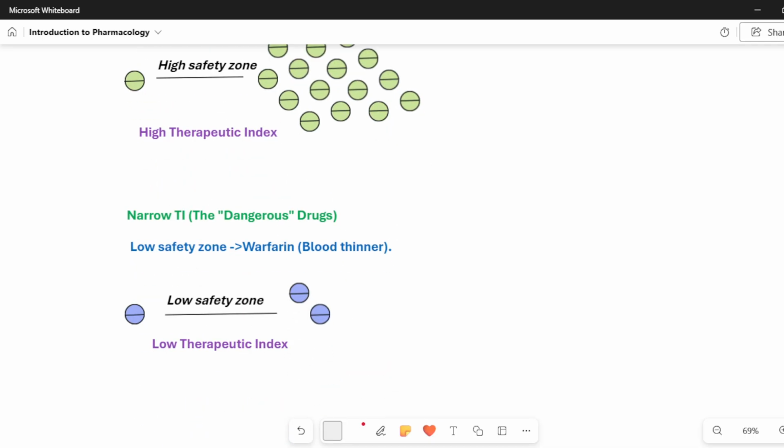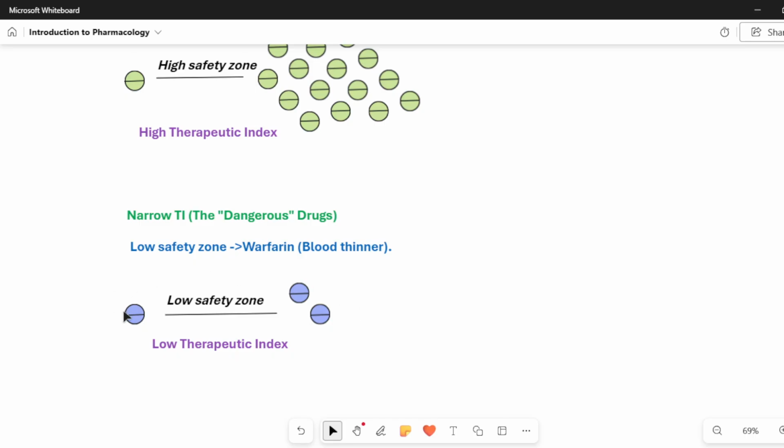Next, narrow therapeutic index drugs are called dangerous drugs. Why? Because the safety zone is less. Even by mistake, if I have a second tablet, then it will lead to internal bleeding. An example is warfarin, a blood thinner, which is given for preventing clots in the blood.